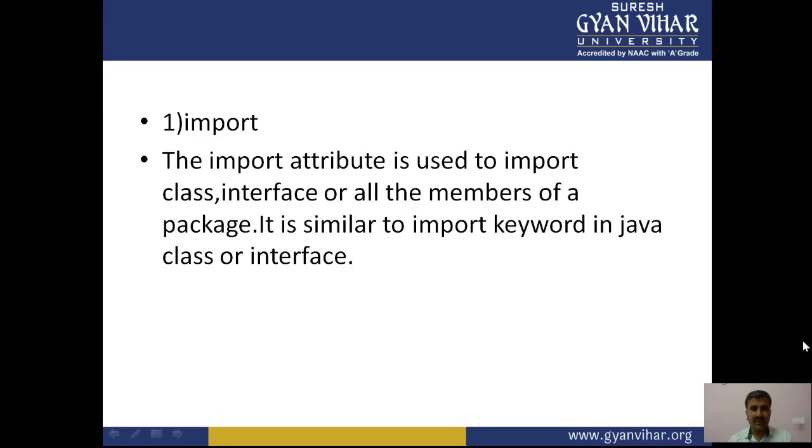So if we go into detail about import, the import attribute is used to import classes, interfaces or all the members of a package.